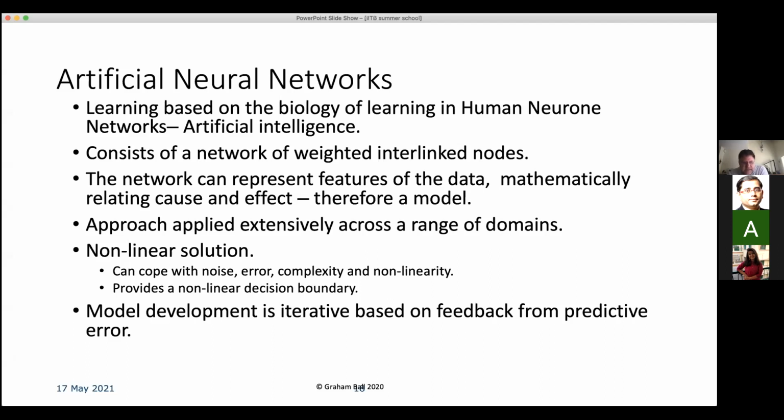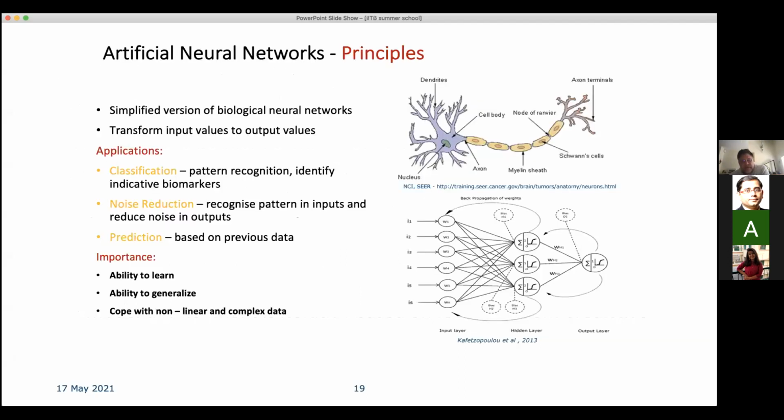So we'll present it with a set of individuals who are healthy, a set of individuals who have cancer, and it will be able to learn the differences between those two populations. And when it's very good at predicting those, and then we test it with new individuals who it hasn't seen before, and if it's good at predicting for those as well, then we have a good decision support system that allows us to predict cancer as a diagnostic tool. So this really kind of shows the neural network, the principles of it. We have an input and an output.